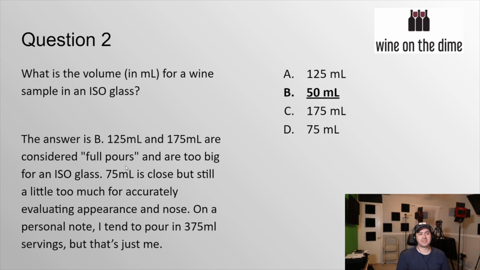75 is close, but it's still too much because at that point you're going over the midpoint of the bowl, and when you tilt it to look at it, you're not going to actually be able to see the color because everything's going to kind of run up to the rim and you're going to probably spill it. So 50 milliliters is the answer, but when I'm at home and I'm not reviewing wine, I'll pour